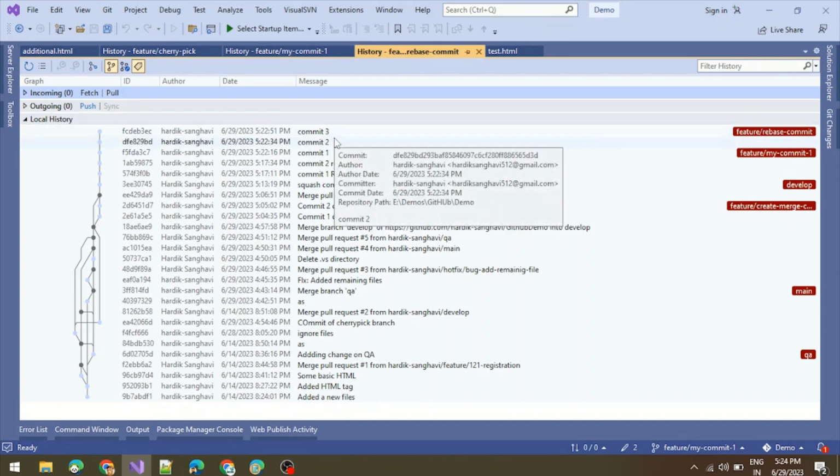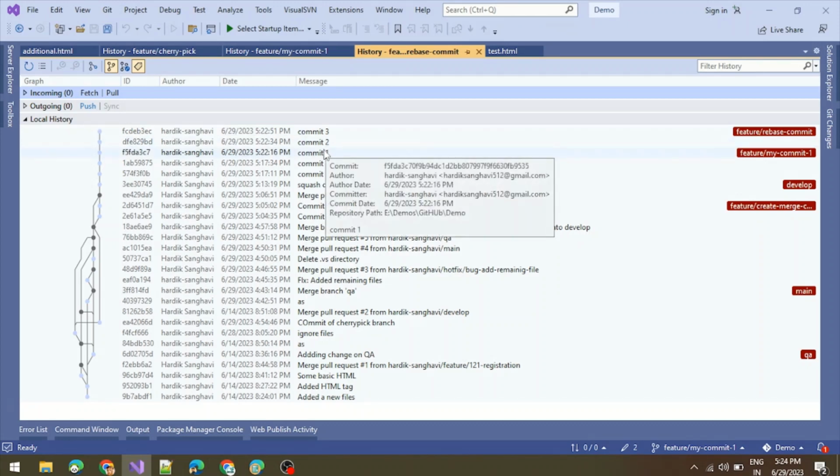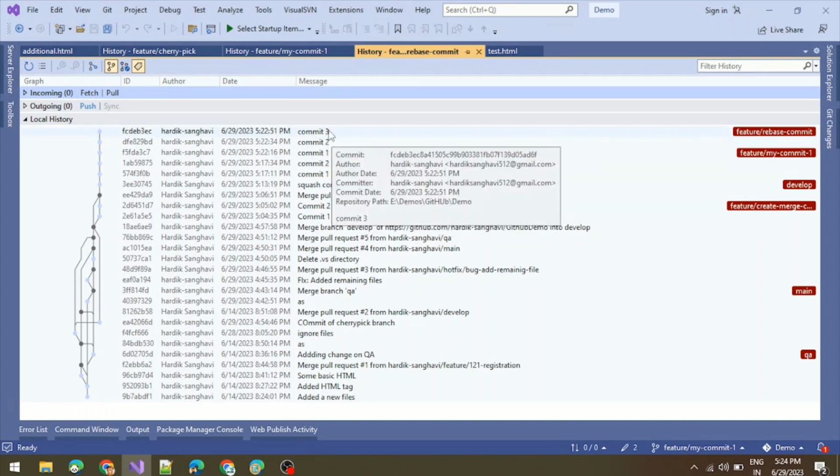Suppose you want to add commit 1, commit 2 and commit 3 into your develop branch via the feature branch, you can use this feature branch. But if you think I need just one commit, not the second and third commit, to merge into the develop branch, or I want to create another commit from this one commit, commit number 1,